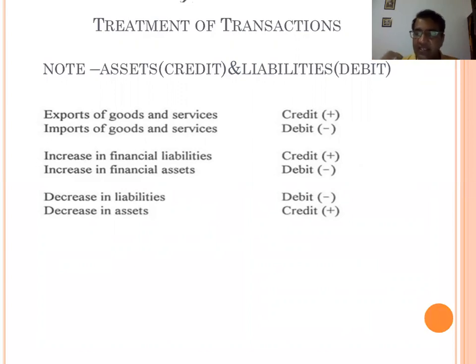Or decrease in assets, like previously we paid to another country, but now we are receiving money back, it means decrease in the assets of the country, so that is recorded in the credit side. Assets and liabilities, you very well know from the government budget lessons what assets and liabilities are and how they decrease and increase. So decrease in liability means if sometimes we have to pay to another country, liabilities are there, so that reduces, and it will be recorded in the debit side. And in the credit side, if it decreases the assets, it will be recorded in the credit side.